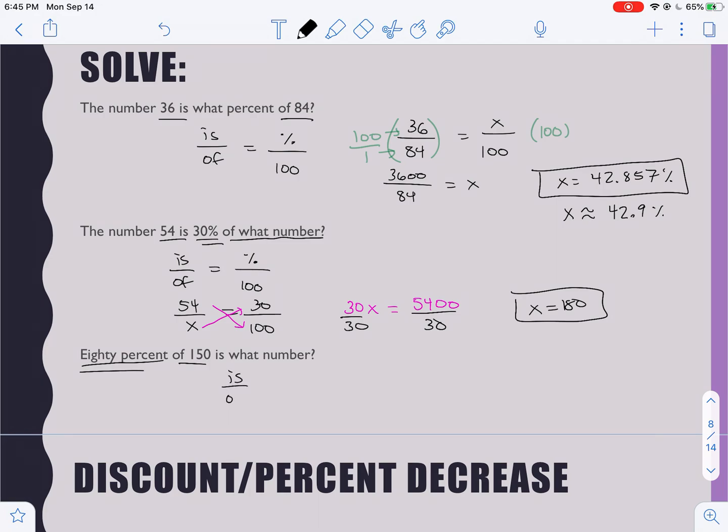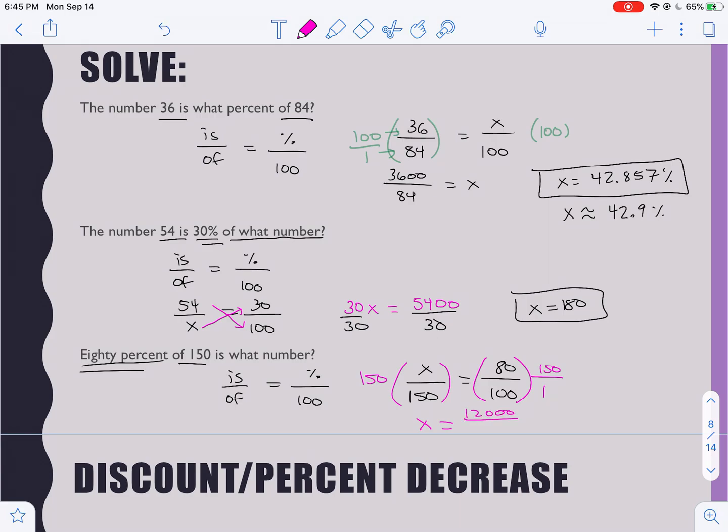So this time we're missing the is. So is over of equals percent over 100. So we're missing the is because we have 80%. And then is over of, of is the 150, so we're missing the x. This time, since it's x divided by 150, we can multiply both sides by 150 to solve. And that's like 150 over 1. So x is going to equal 80 times 150,